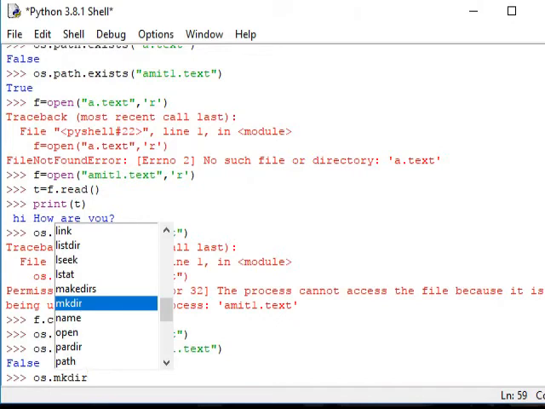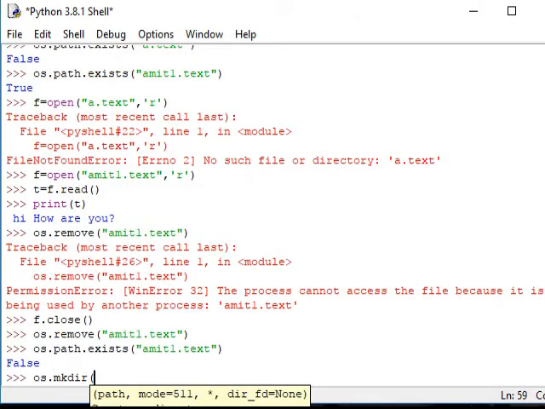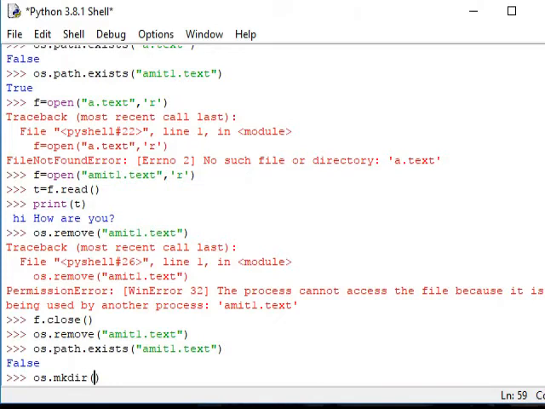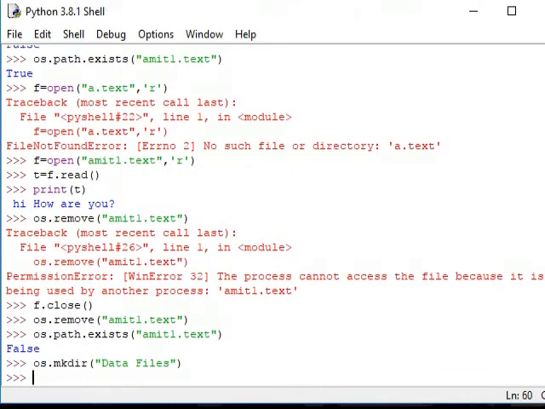Now I need to create a directory for keeping all my files there. For the name of the directory, I can use datafiles. We don't have to give any extension because it's a folder. So it has been created.